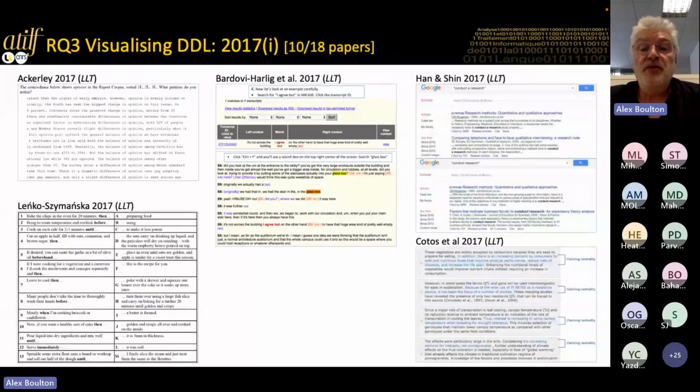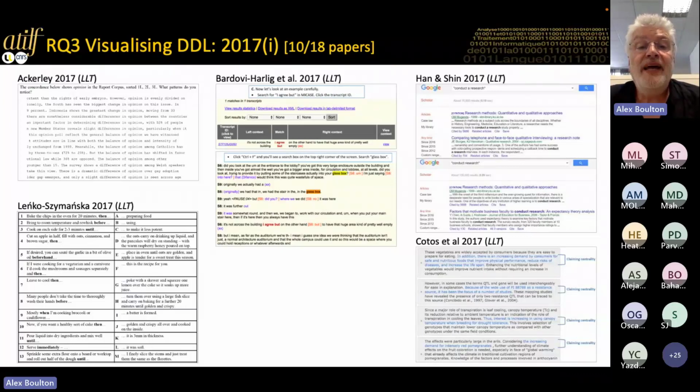Moving on to 2017, there were quite a lot in 2017, partly because there was a special issue of Language and Learning and Technology, which I co-edited with Nina Vyatkina, and all of these first 5 papers come from that special issue. I can't see my notes, I'm afraid, so I'll just have to make this up as I go along. The first 2, Ackerley and Lenko-Szymanczka, used printed data. In Ackerley, that's what they worked with, but for Lenko Szymanska the learner still had to use the corpus hands-on to respond, to be able to match these sentences which were on paper.